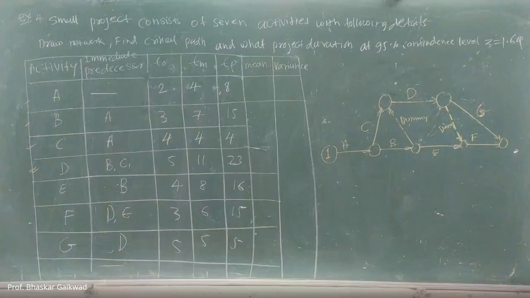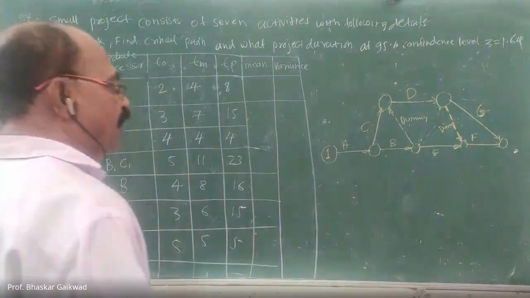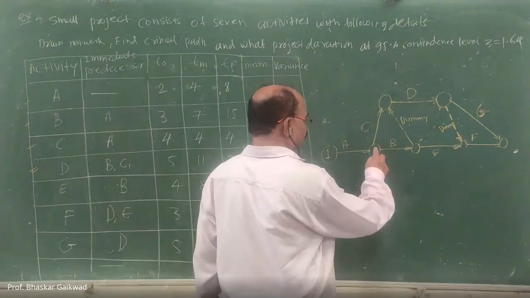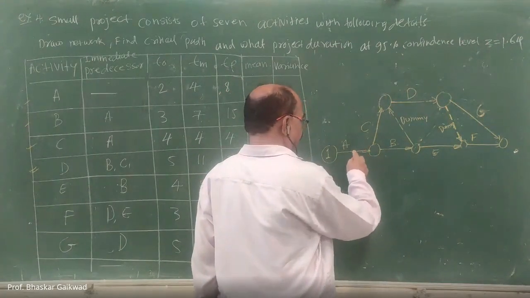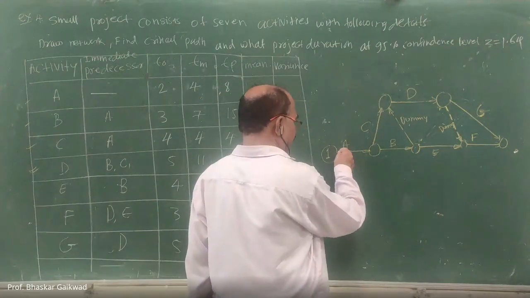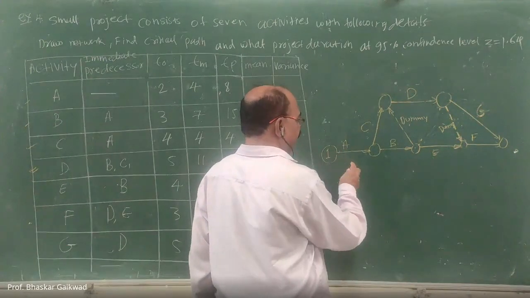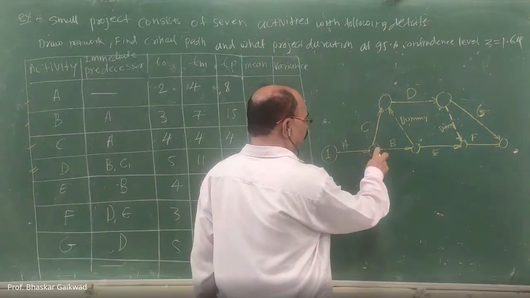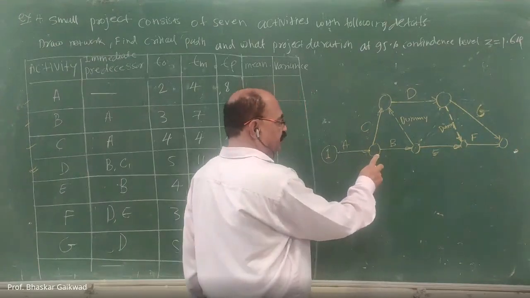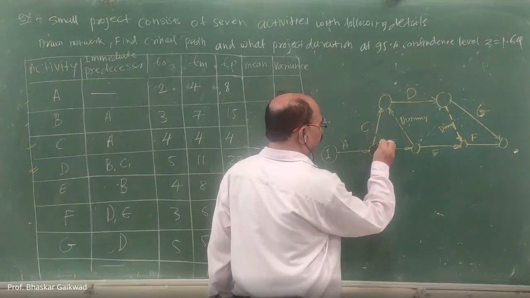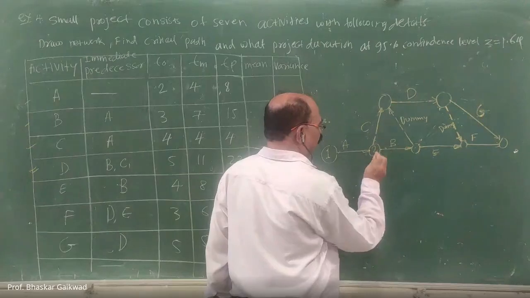So now we will give the numbers for this diagram. First number is given. While giving the numbers, outgoing activity you have to consider. Now you come to here. This activity was outgoing, already considered by one. Now we want to give the number here. Which are two activities, this and this. So this and this cancel, we can give the 2.